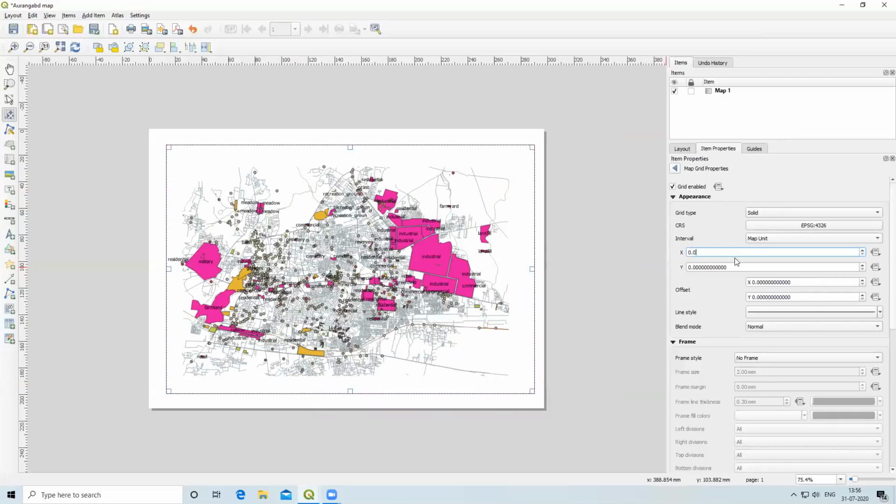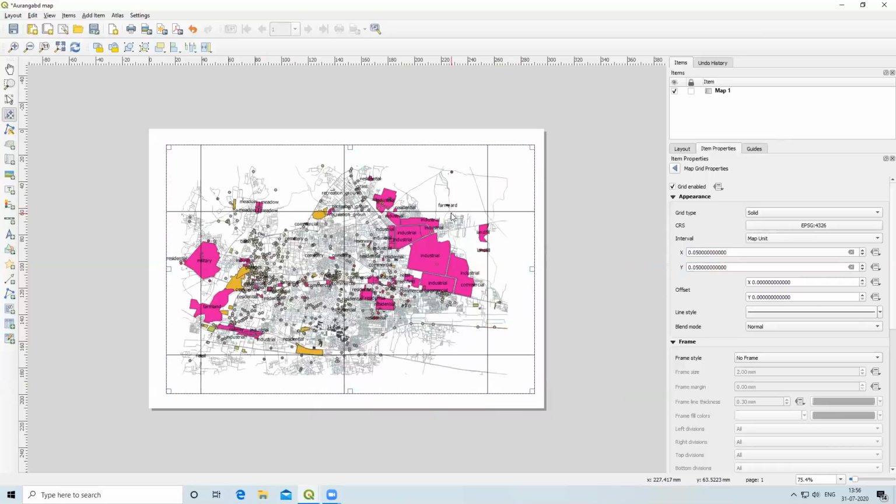Here I will give a 0.5 interval. In a 0.5 interval, there will be a gap of 0.5 in my grids. A 0.5 degree gap will be there, so I am selecting 0.5.